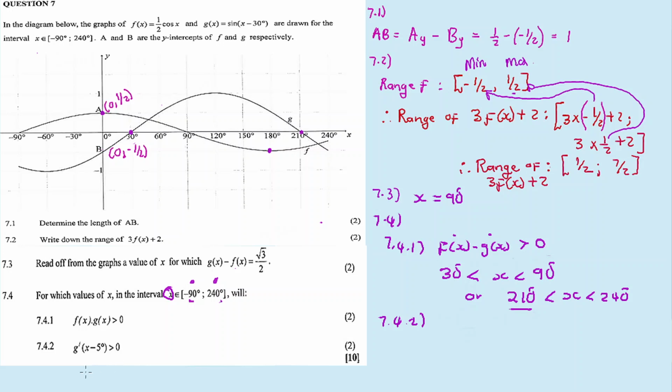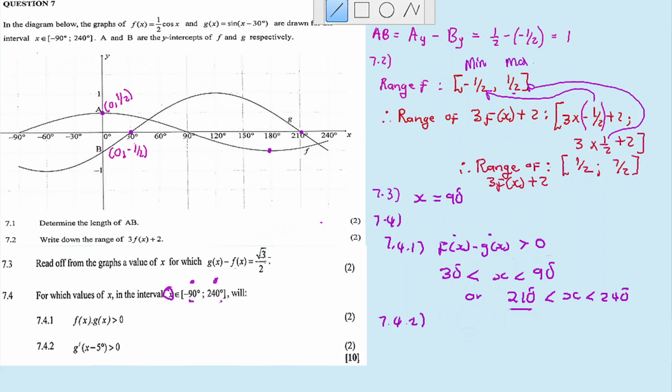Here we want g prime of x minus 5 degrees to be greater than 0. Oh, okay. This one is not obvious, I don't want to lie. This one, okay, for this one